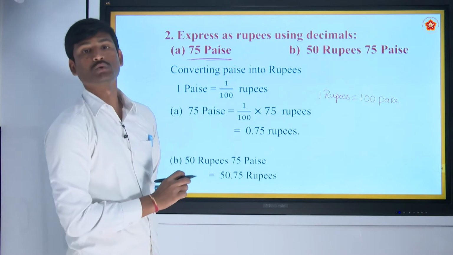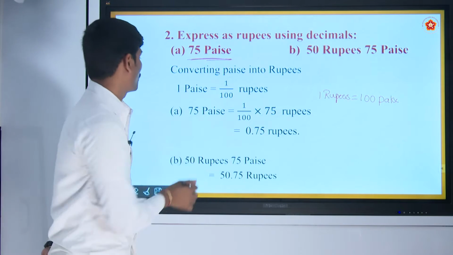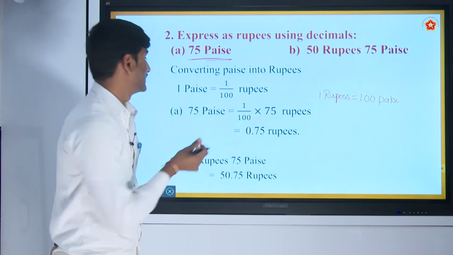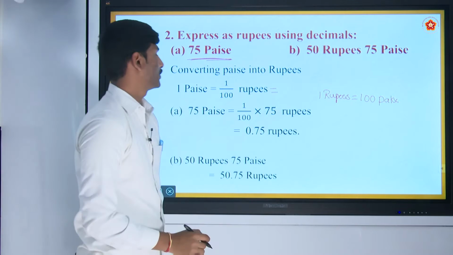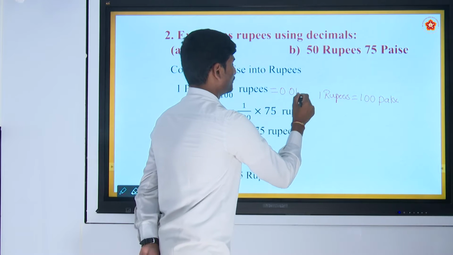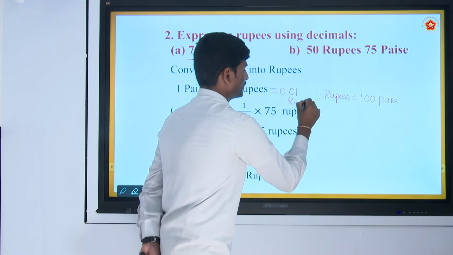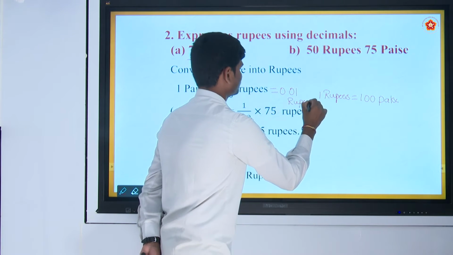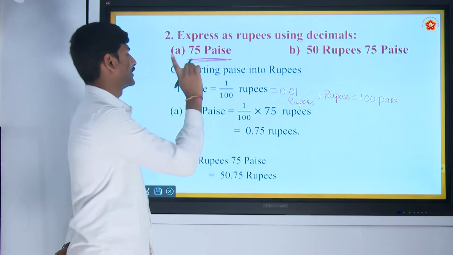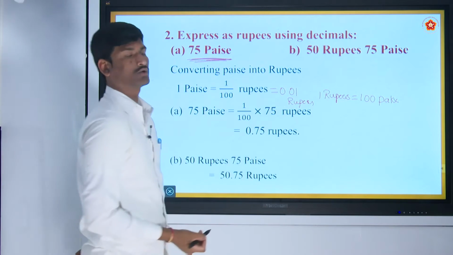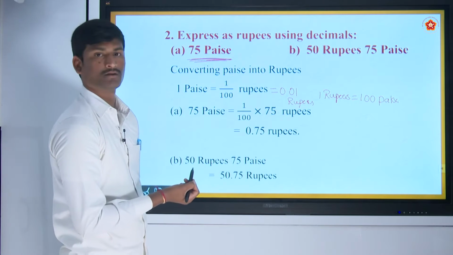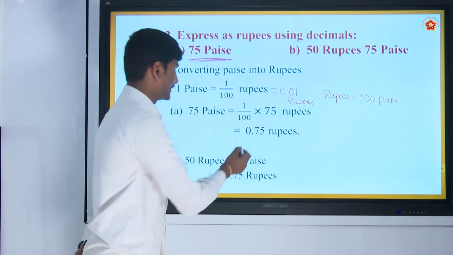But 1 paisa is equal to how many rupees? 1 paisa is equal to 1 divided by 100 rupees. Written in decimal notation, 1 by 100 means 0.01 rupees. So 1 paisa is equal to 0.01 rupees, and 75 paise is equal to 75 divided by 100 rupees. In decimal notation,